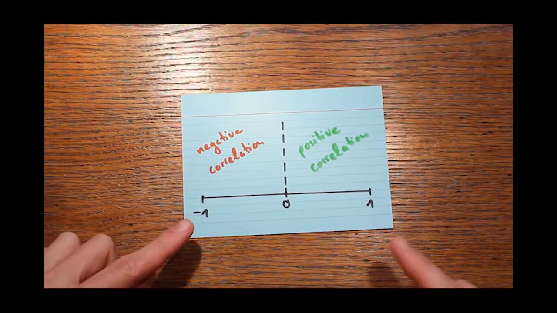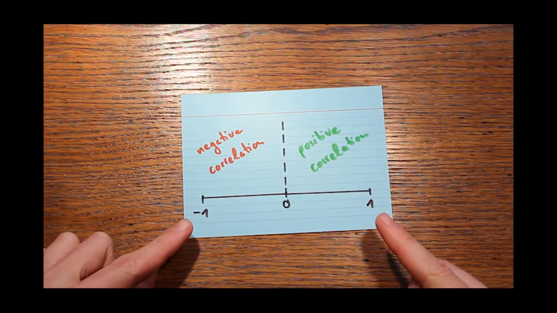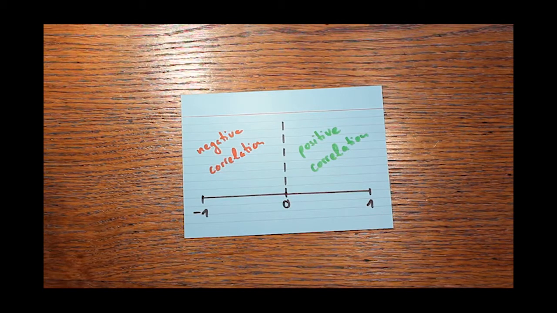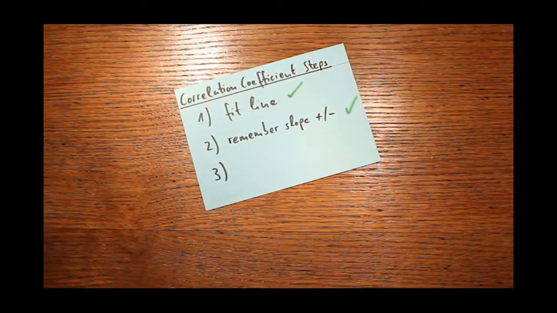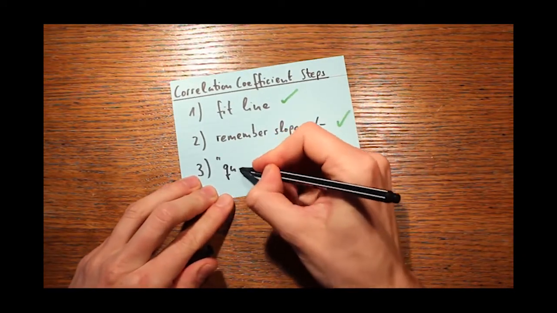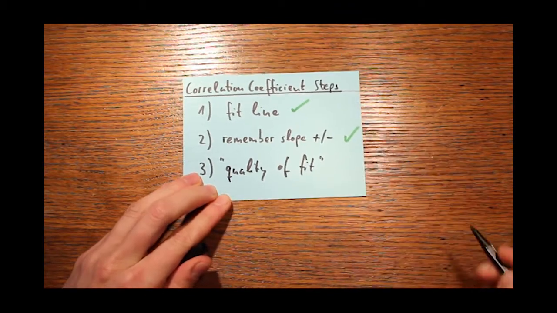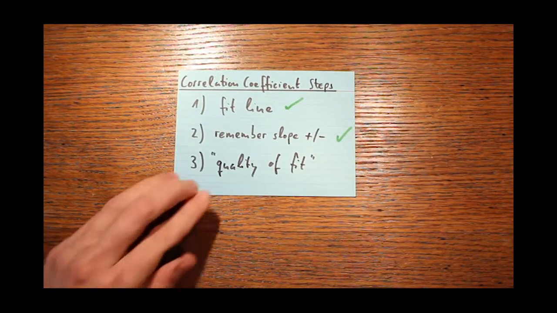So now comes the third step, but this one is trickier. So far, we already know whether the correlation coefficient is between 0 and 1 or 0 and minus 1. But we don't know its magnitude yet. So how big is the value? Is it close to the extreme values, so it's something like 0.92 or minus 0.92? Or is it small in magnitude because the correlation is weak, so it's closer to 0? The correlation coefficient figures this out by looking at the quality of the fit of the straight line for the data. And I'll try to give you an intuition for this first.